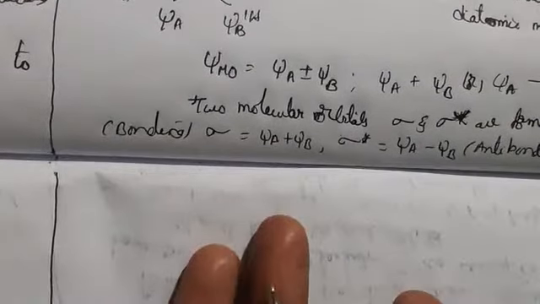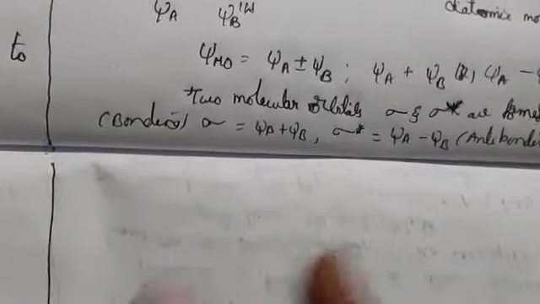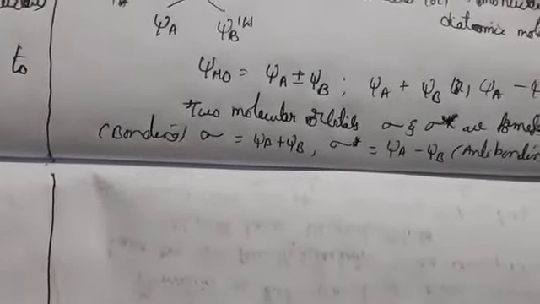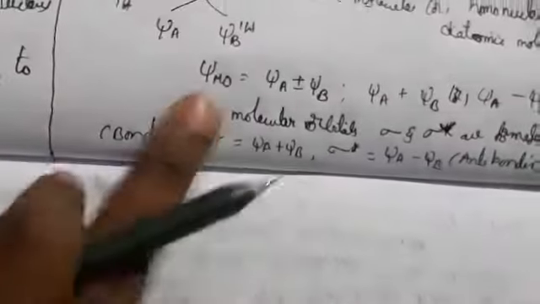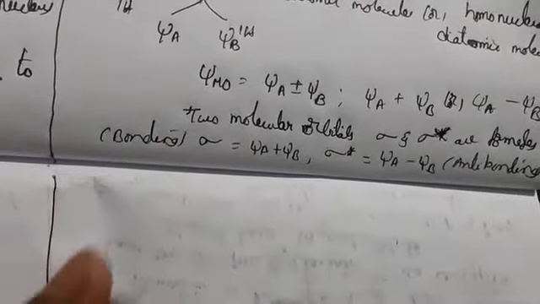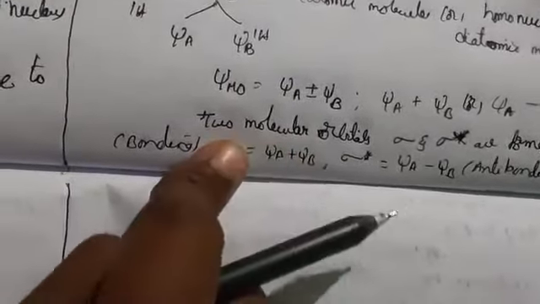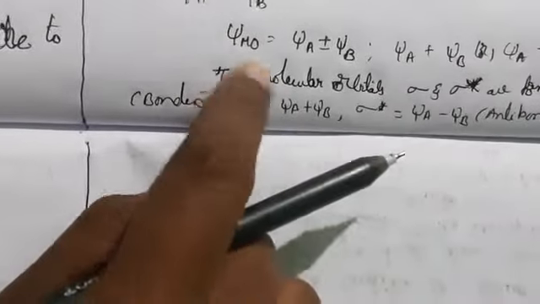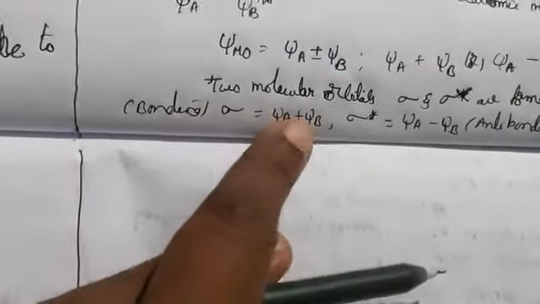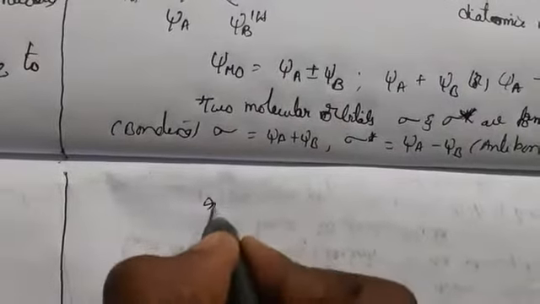In anti-bonding, the waves combine in a destructive manner, so they cancel each other. By this we can say the bonding molecular orbital lies between the nuclei of the bonded atoms. It forms bonding molecular orbitals because the repulsion between the nuclei is very low compared to anti-bonding.